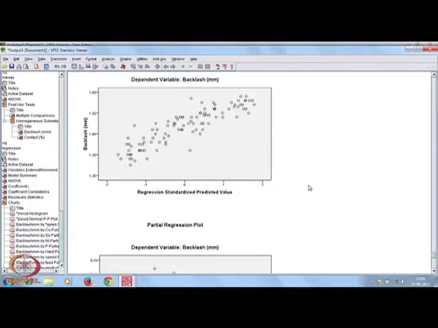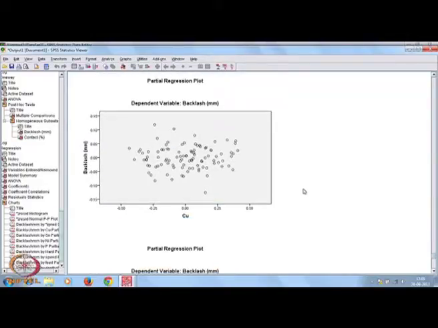Okay. Now, you see backlash versus copper, that is, the dependent variable backlash, the partial plot. If copper is significant, what will happen? That means copper contributes either positively or negatively, so there will be a regression line, a straight line.